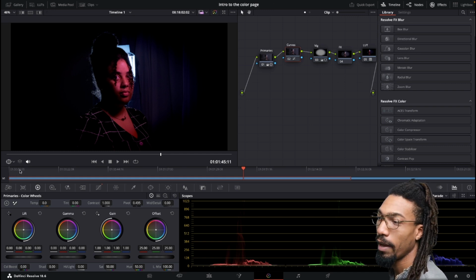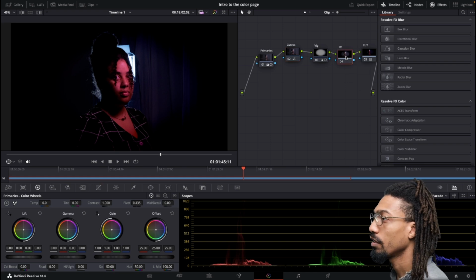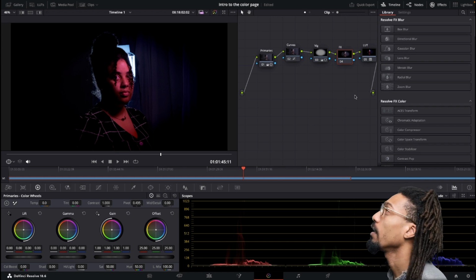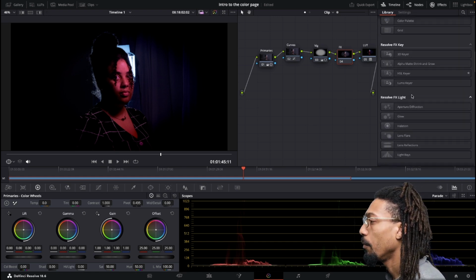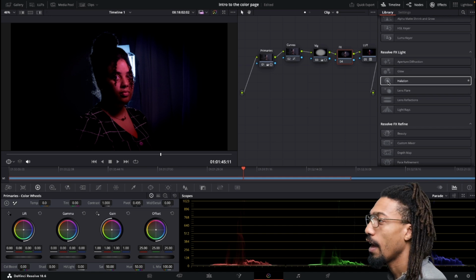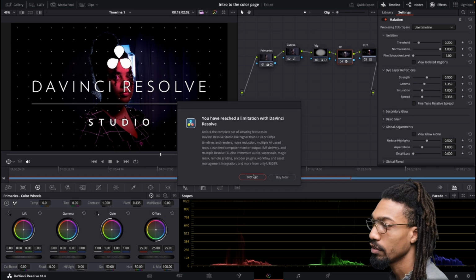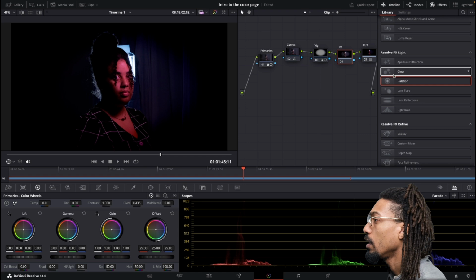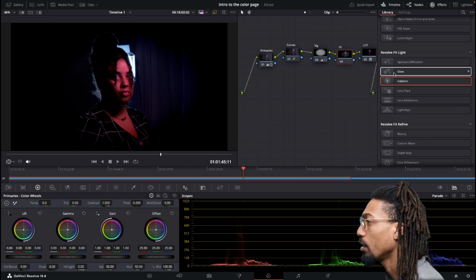Obviously that light's in the back, so I would cut that clip, but this is just for the look. Got that, throw an effect on. So I think I might want to do, what did I do before? I have the free version, so halation won't work for me, as you can see. So we're not going to try to do that, but I can do glow,